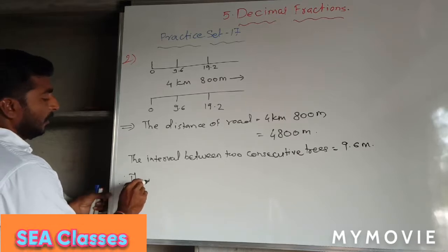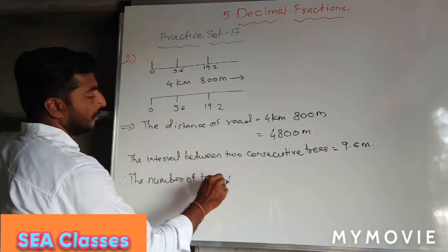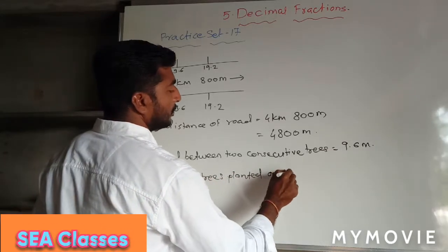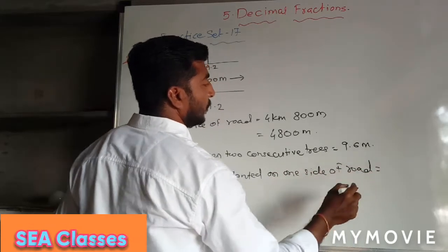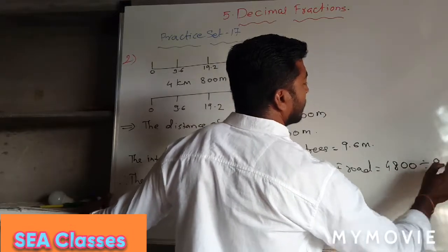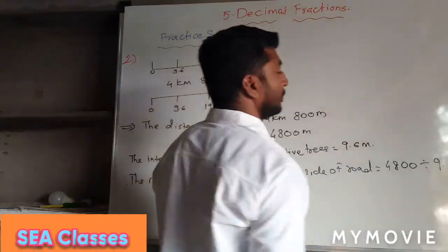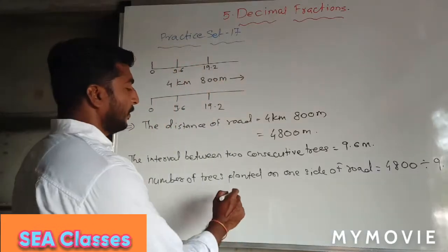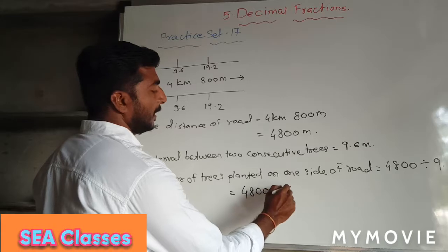Therefore, the number of trees planted on one side of the road is equal to 4800 divided by 9.6. So you have to divide 4800 by 9.6, and that will be equal to, now 4800 divided by 9.6 means